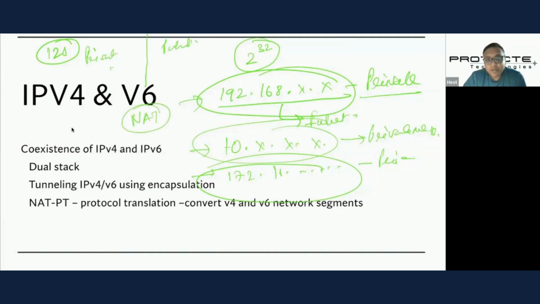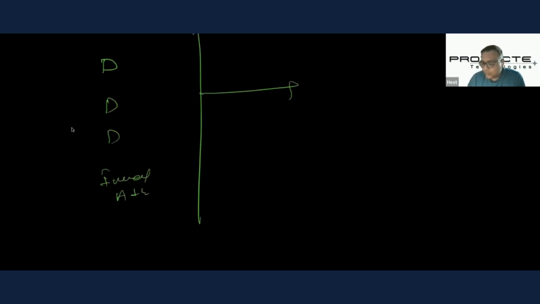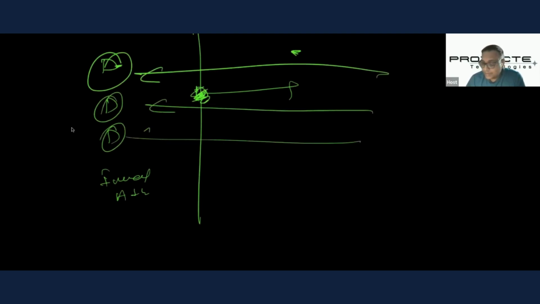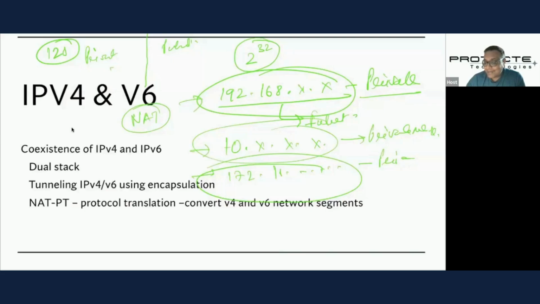Understood? Prakhar, for you it will be difficult. See, till now I said that all homes will have an internal address, and to speak outside you will go to the post office. But now there is no differentiation between internal and external addresses. Everybody will have the same address. So this post office that does the conversion is no longer required. Now all packets can come straight in. That means you cannot have a NAT kind of arrangement,